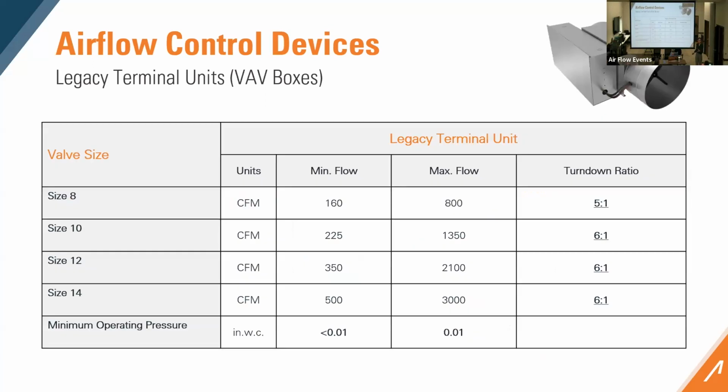So this is just a summary showing the airflow ranges and operating pressures that you would typically see in a legacy terminal unit. As you can see, the turn down is typically around 6:1, and your pressure drop and your minimum operating pressure at max flow is very, very low, 0.01 inches water column. The minimum operating pressure wouldn't be what you would see all the time. That would just be if your blade damper is fully open. That's what minimum operating pressure means. That's the pressure that you would need in order to get that flow when the blade damper is fully open. So typically you'll see operating a little bit higher than that because you'll want some play to be able to make adjustments. But this is a very low pressure drop and